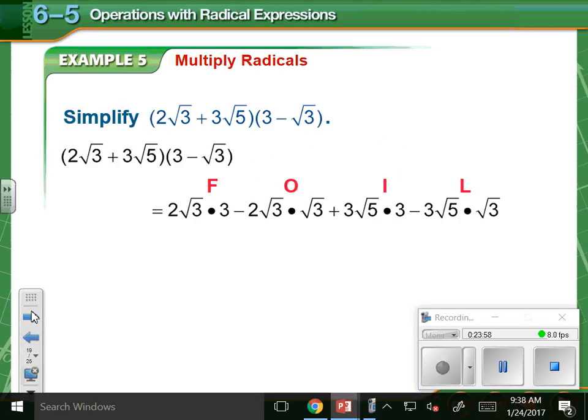So FOIL would take 2 root 3 times 3, the first terms. That's what the F stands for. First: 2 root 3 times 3. Then we have the outside terms, which is 2 root 3